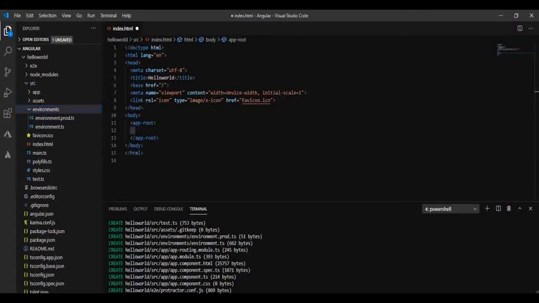So how do we run this project, to see whether it was created successfully and to see the output? You have to type ng serve --open. This will compile and execute our project.